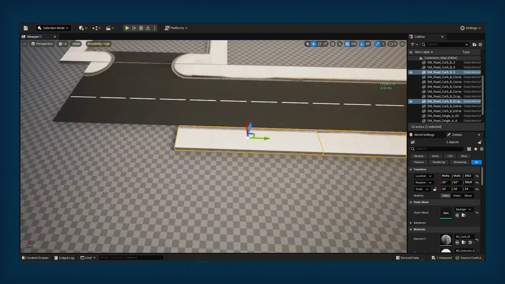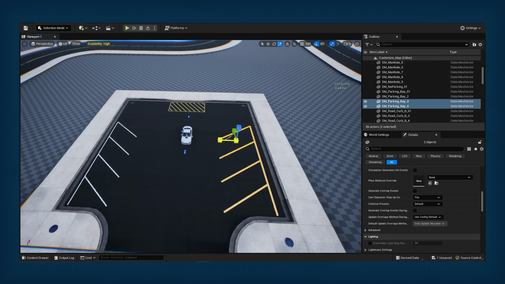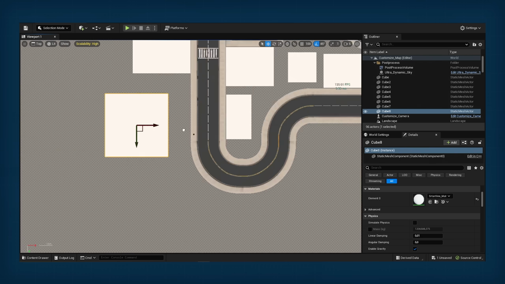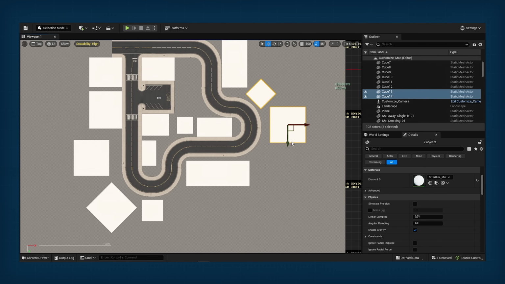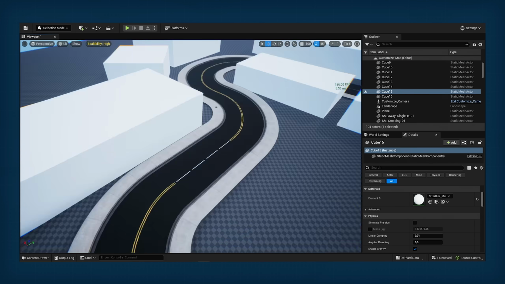So I started working on making a small city area where you can customize the car in the parking lot, and then you're also able to test drive it in this area to sort of see how the car looks. It's far from finished right now, but I began by placing out this simple road, which is actually really fun to drift around on. I then made blockouts for the level, which is basically temporary cubes and shapes where things will be added later to sort of give you an idea of how the end result is going to be